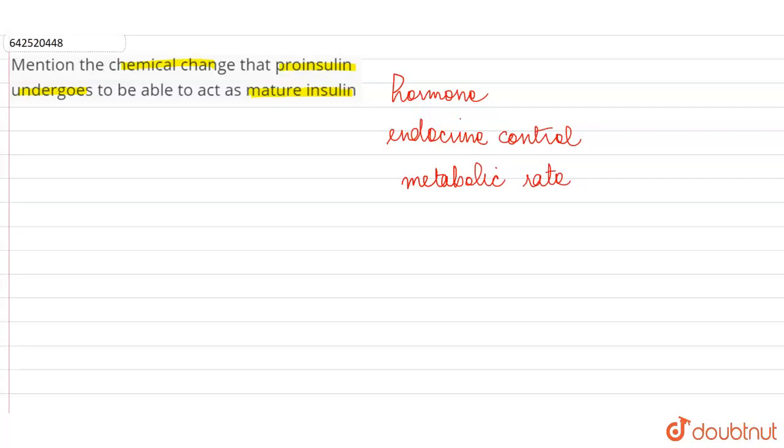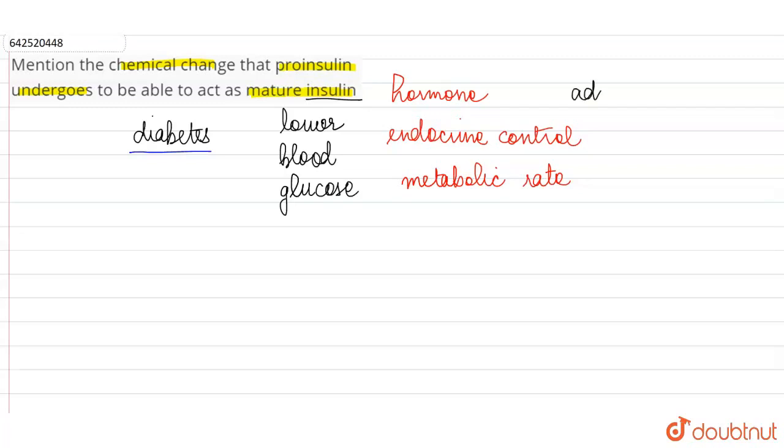under endocrine control. So we see that in those people where insulin is not synthesized in the adequate amount, they suffer from diabetes because insulin is known to lower the level of blood sugar or blood glucose. But in the absence of insulin, we see that the blood sugar goes up and the person suffers from diabetes. So such people need regular administration of this hormone, which is nowadays being produced on a mass scale by